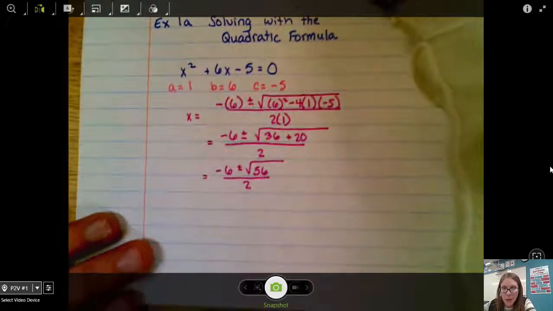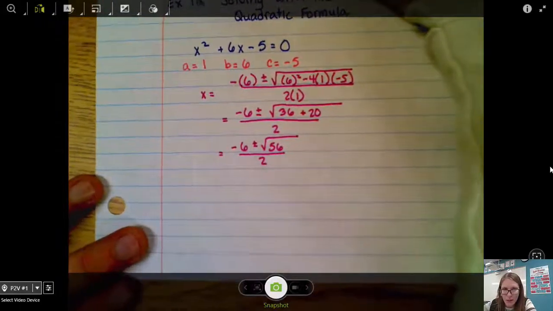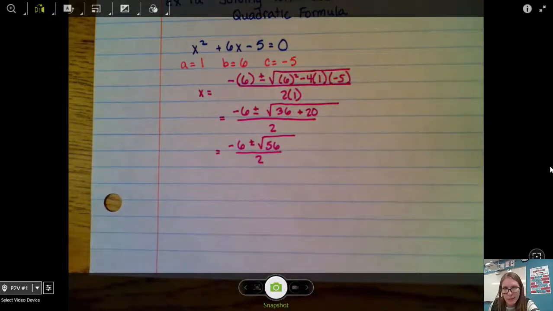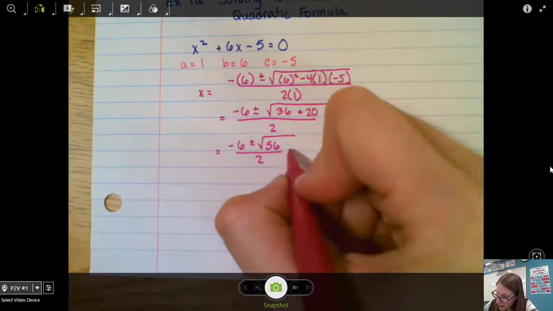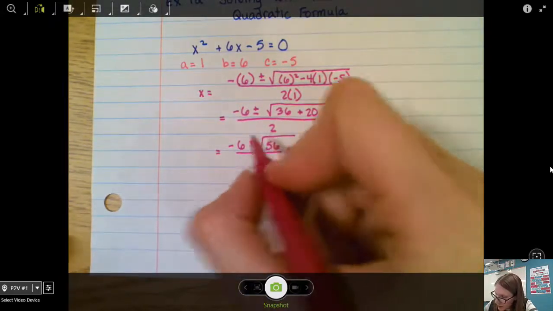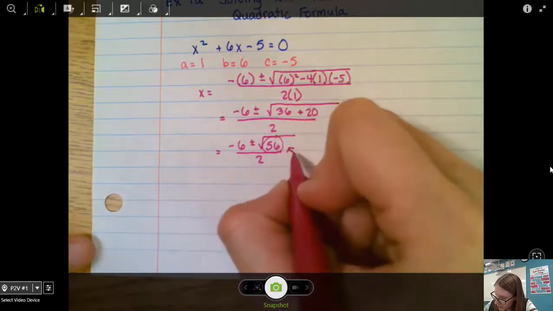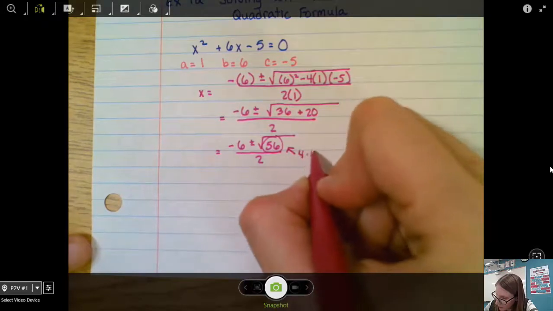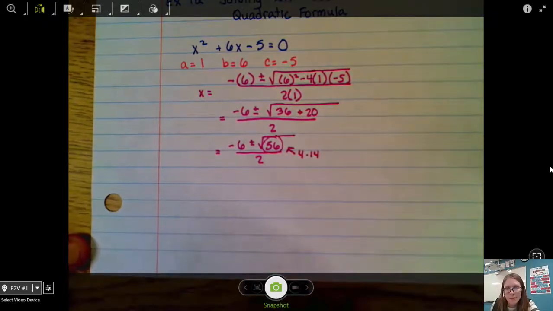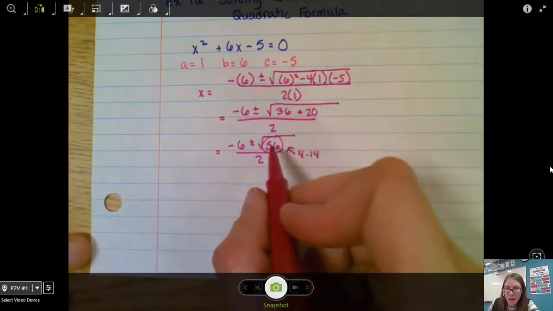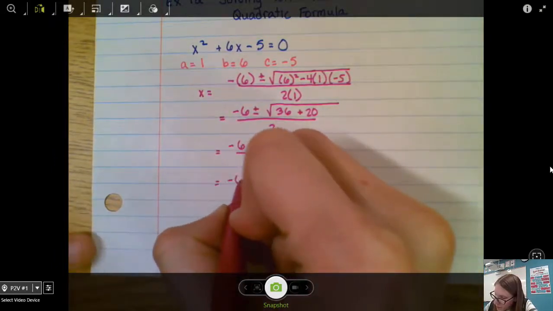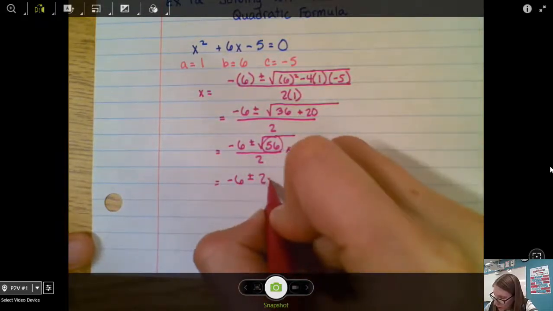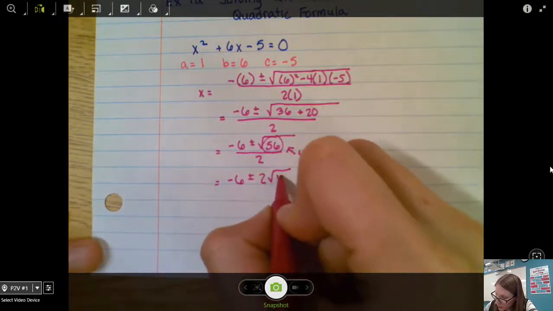And we need to simplify that square root of 56. So let's think about what numbers go into 56. That's a perfect square. Let's see, 56 is 4 times 14. So we can simplify this radical because we can simplify the square root of 4 nicely and bring a 2 out front. That 14 we can't square root nicely, so that stays underneath